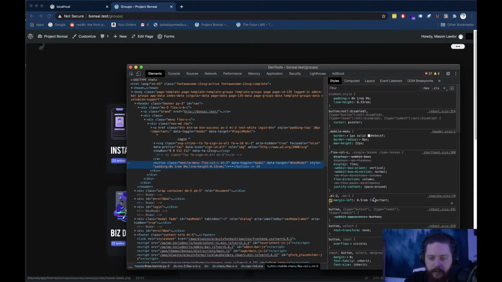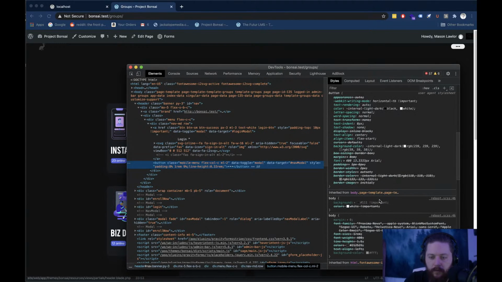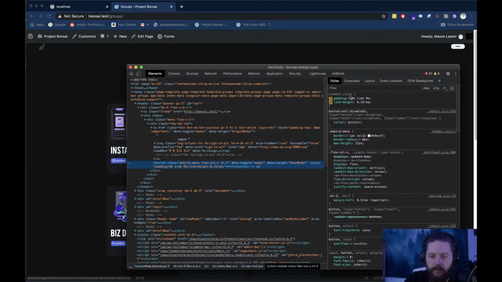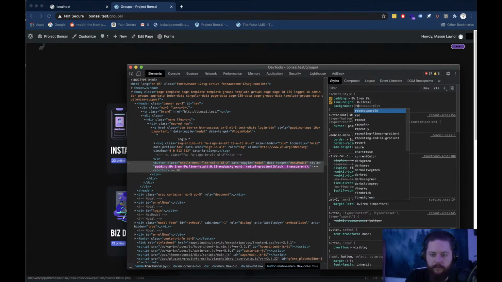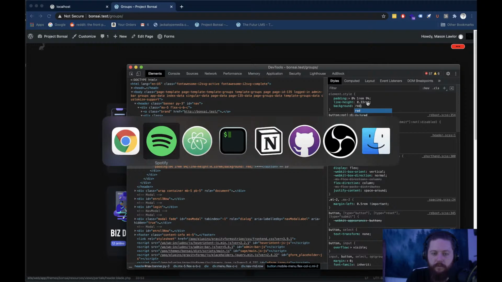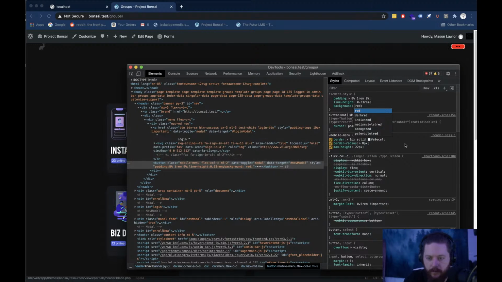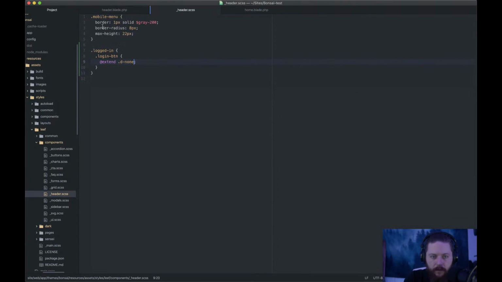There's a border. What happens if we add a background to it? Okay. So let's add a background. So we're in mobile menu. Let's see, where should we add this header? Yeah. So we have mobile menu, border radius. We're gonna add